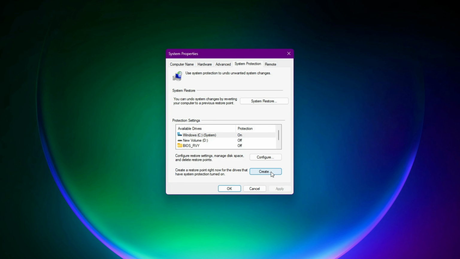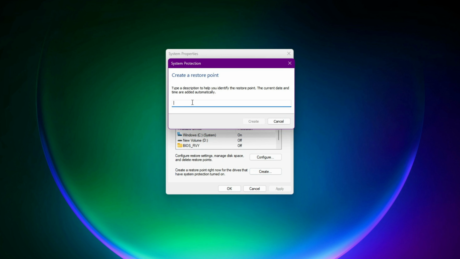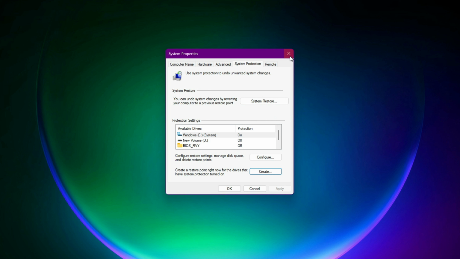Go to the create option, name it something like backup, and create it. Done. Great. Now if something goes wrong, you can easily restore your system. Next,